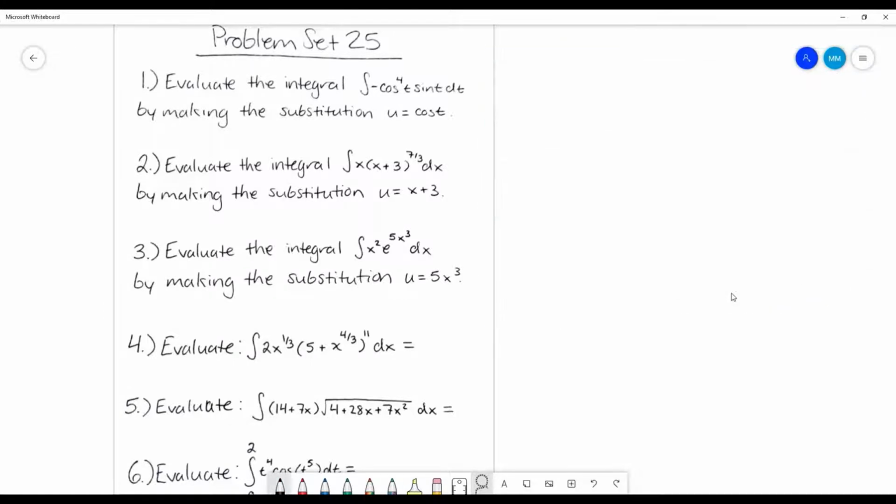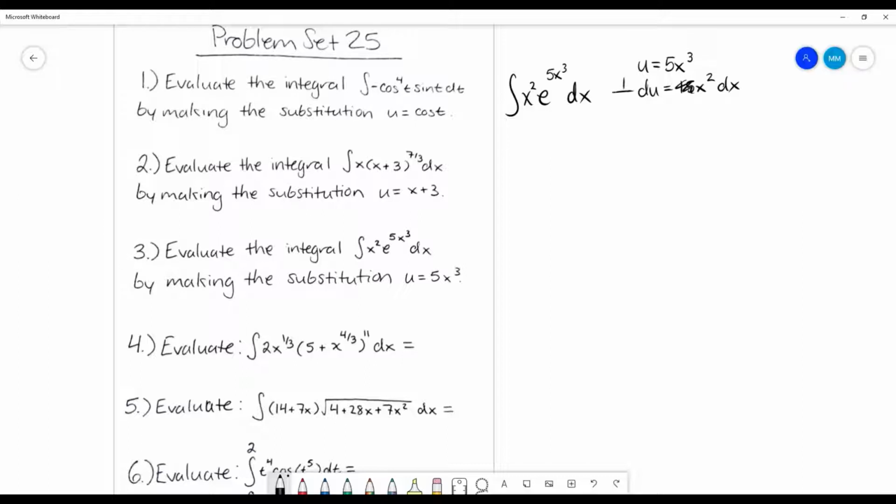Moving on to number 3. This one's a little different now, but not by much. So we're given this integral, and again, they tell us what U-substitution to make, which is this right here. Taking that derivative, getting du, I'm going to get 15x squared dx, which does help us, except we don't have a 15 anywhere in here. So how can I plug this in for du? Well, I do have an x squared that I need to get rid of, and that this is going to get rid of. I just don't have that 15, so what I can do instead is divide off that 15,